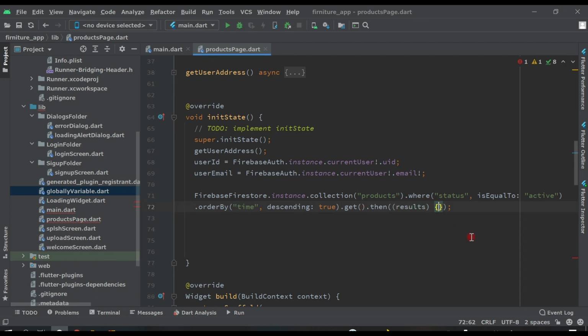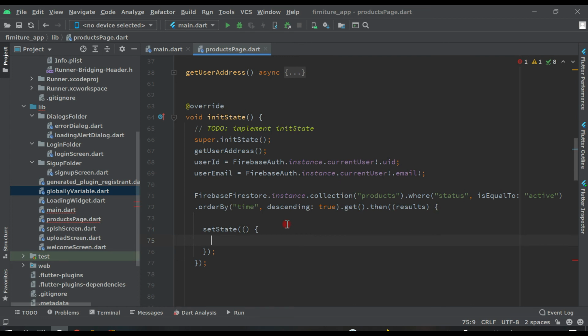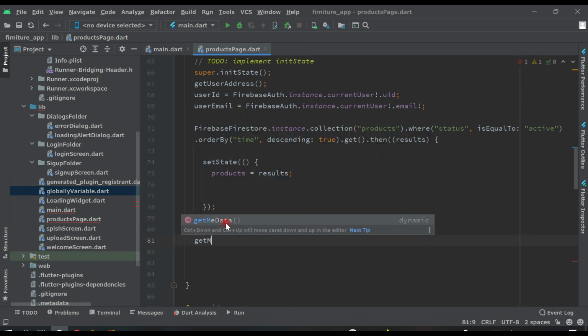Inside this here, set state, and products will be equal to results like this. And after these two brackets here, call get me data, my function name.